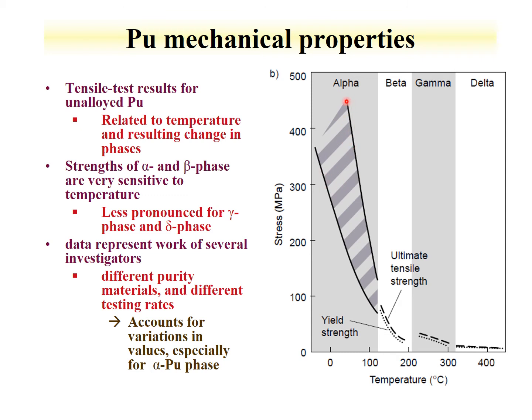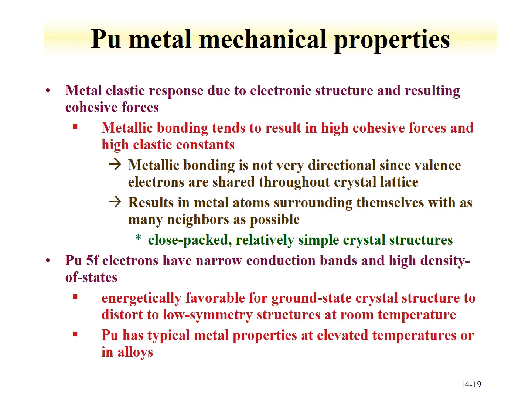But what we do see as consistent is this large change in stress as a function of temperature. So over 100 degrees, we go from something on the order of 100 to 400 megapascals, whereas for the gamma and delta phases, over 100 degrees for the delta phase, we hardly get any stress change. So plutonium metal